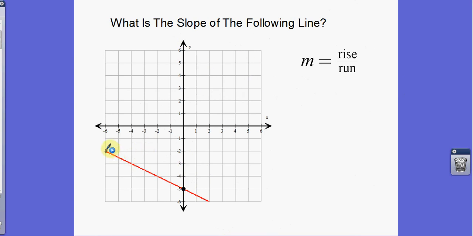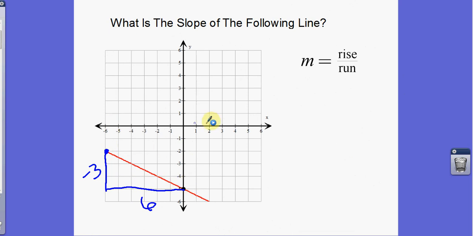Let's say I wanted to start it with this point right here instead. You say, well, why can't we start with that one? Well, you can. This time we do our rise, but we're going down, so it's going to be -3. And then we're going to run over. And the run's going to be 6, but it's positive 6 this time because I'm going in the positive